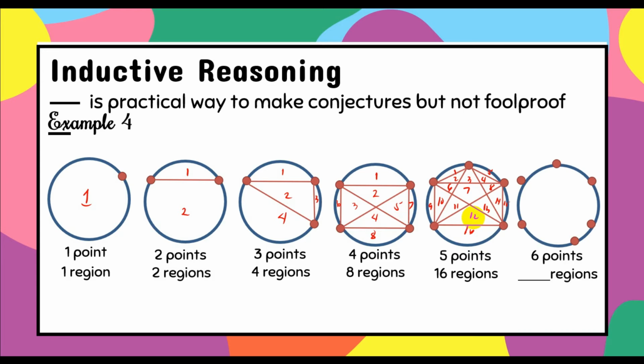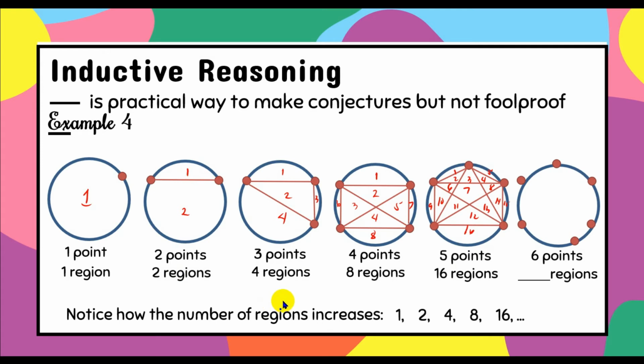Yun yung tanong ngayon. And if we are going to observe the answers, we have 1, 2, 4, 8, 16. Di po ba meron tayong makukuhang pattern? 1, 2, 4, 8, 16. If we're just going to look at the result of the regions here, masasabi natin na times 2 lang naman yan, di ba? So, 1 times 2 is 2, 2 times 2 is 4, 4 times 2 is 8, 16